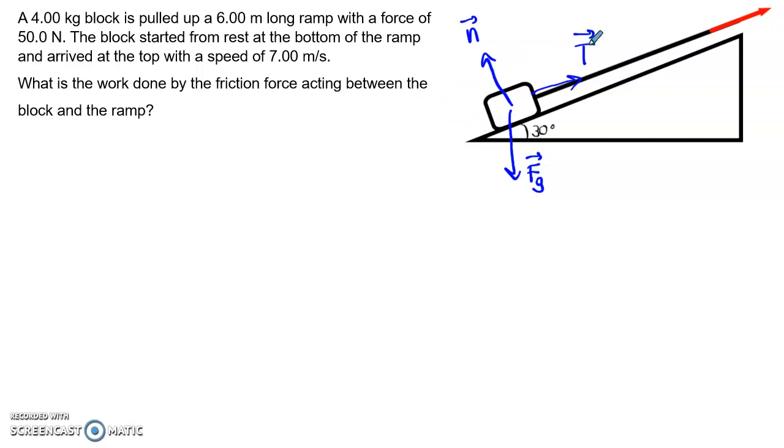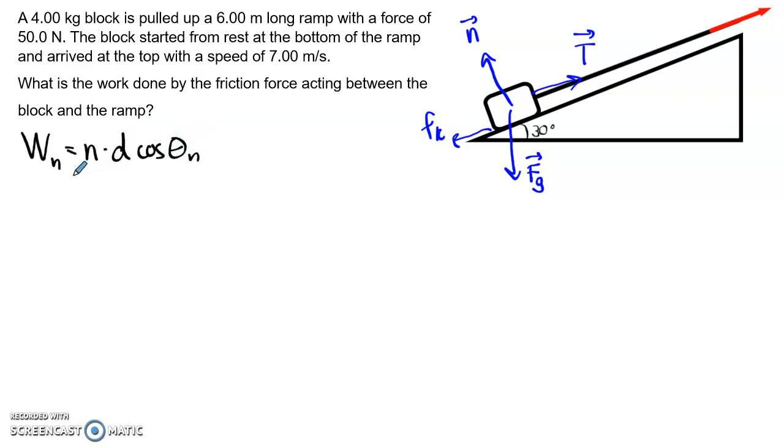If the block is pulled upward, we expect that the force of friction will go against the motion, so we know that the force of friction will be down the incline. The easiest force that we can use to calculate the work is indeed the work done by the normal force. This, as we saw in the previous slide, we can use the equation. It's just the normal force multiplied by the displacement times the cosine of the angle between the normal force and